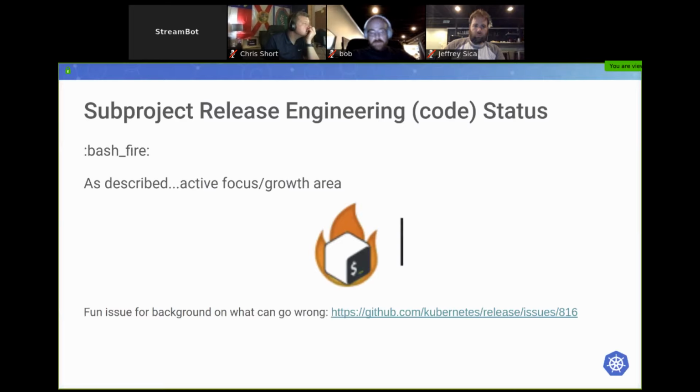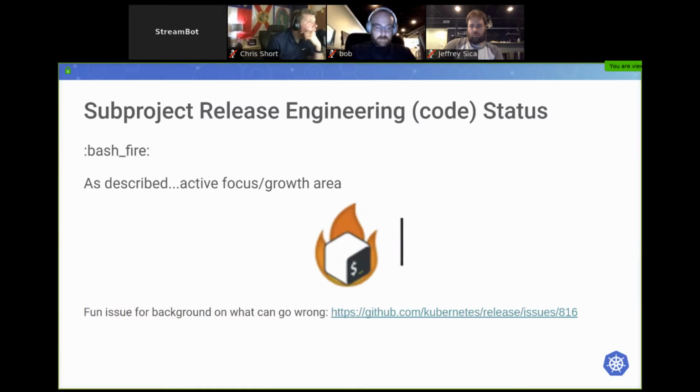As we described, there's lots of work to happen in this area, and I think the summary of that is the bash fire emoji, right? There are a lot of things that we've written in bash. Anago, one of our primary release tools, is 1819 lines of bash, right? And that loops into a bunch of other bash libraries that call GitHub and other release functions, right? So we want to get to a point where we start to consolidate some of the functions that happen in there, be able to rewrite them in Go, and eventually destroy all of the bash that is around,